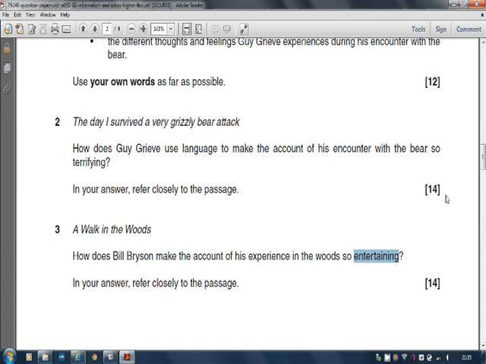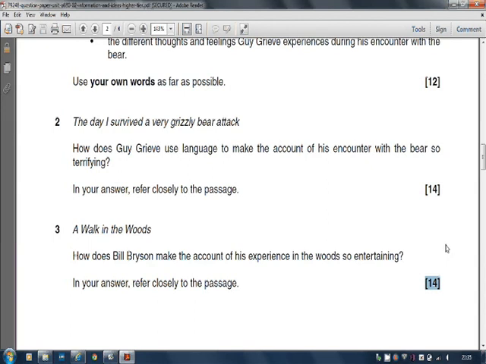Okay, what else do I need to know about timings? Well, there are 3 sets of marks, 12, 14 and 14. In total they come to 40, and those of you with any mathematical ability will realize that if there are 40 marks and 60 minutes, then I'm going to spend 1.5 minutes per mark. So a 12-mark question will take me 18 minutes, a 14-mark question will take me 21, and so will the next 14-mark question. And in that time I would have taken up an hour.